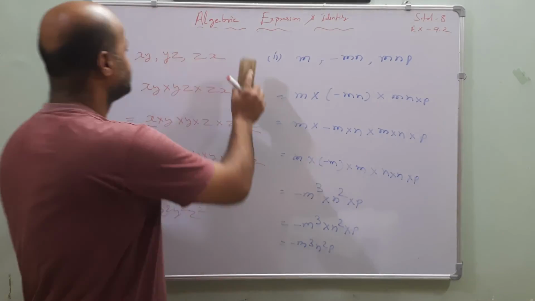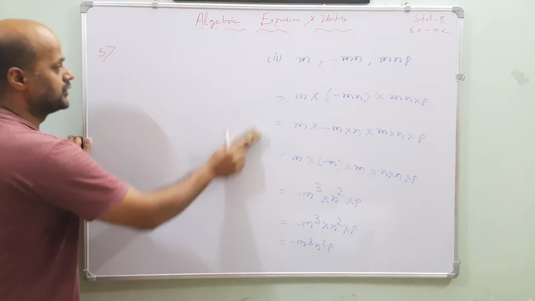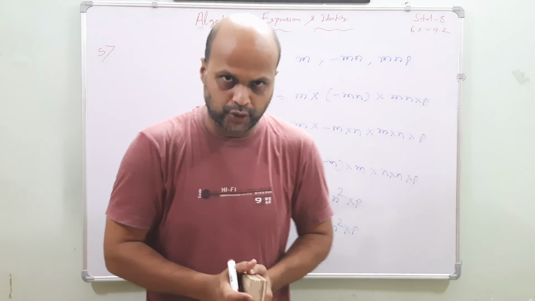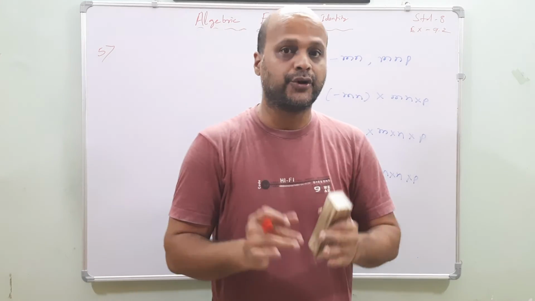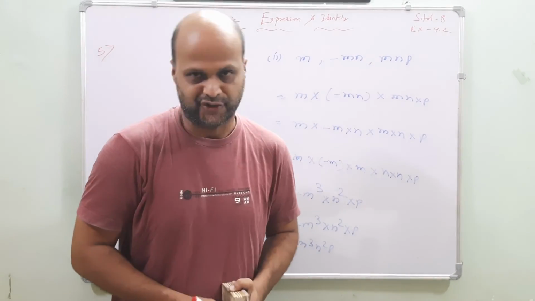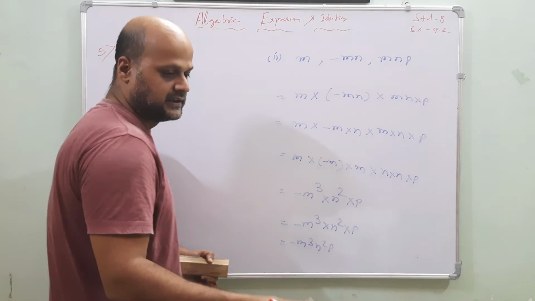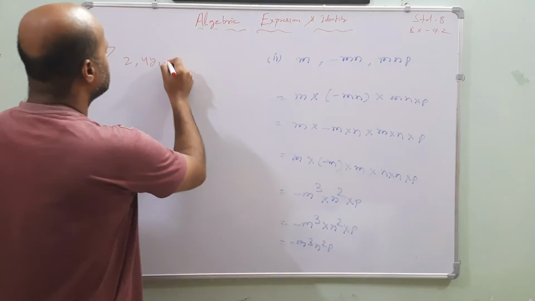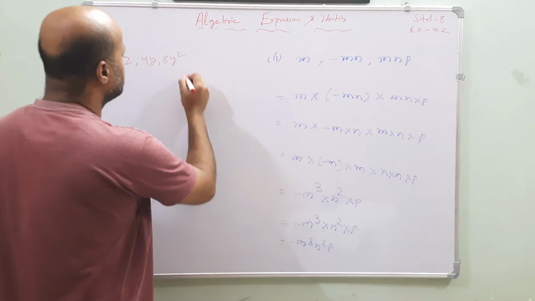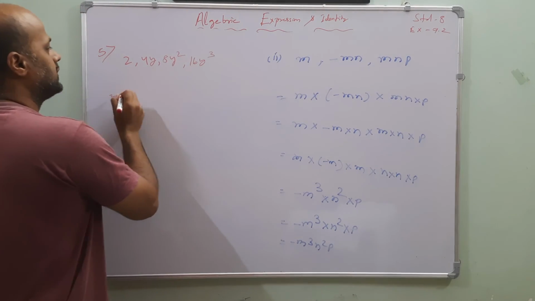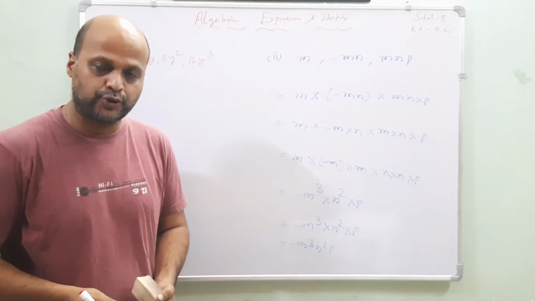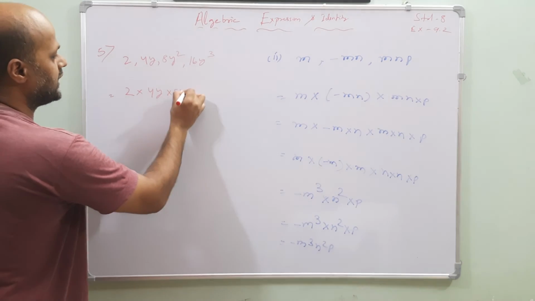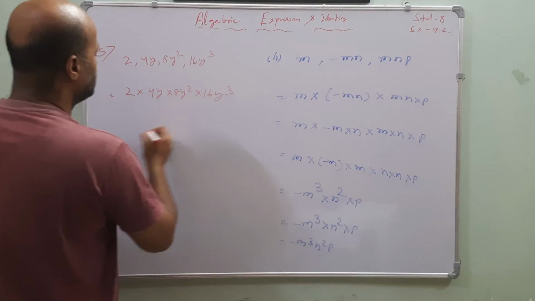Okay, let's go for it. But before that, carefully, whenever I always told you, whenever you attempt any question, remember the fundas and the rules, so that it will be very, very easy for you. Okay, let's go for it. What is that? 2, 4y, then 8y square, then 16y cube. Now in place of the comma, what you have to do? Yes, you have to put the multiplication sign: 2 into 4y into 8y square into 16y cube.